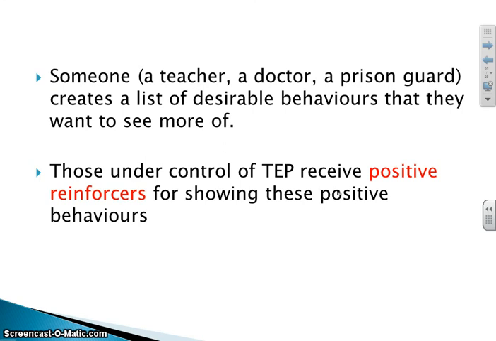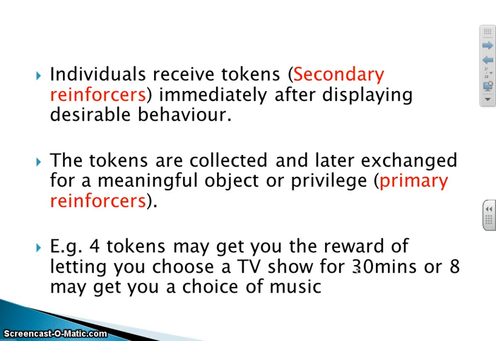So you've got this list of behaviours on the wall, and every time you do one of these behaviours, so every time you put your hand up, your teacher comes over and instantly gives you a secondary reinforcer. You get a particular token, or you get a star, or you get a merit, or something like that. Once you get enough merits by the end of the term, or by the end of the half term, you can exchange it for some other prize. Again, this works in prisons, this works in mental health hospitals, where if you get so many tokens, you can get things like your own choice of music. And that's how it works. It just works through primary reinforcement, secondary reinforcement, and positive reinforcement.